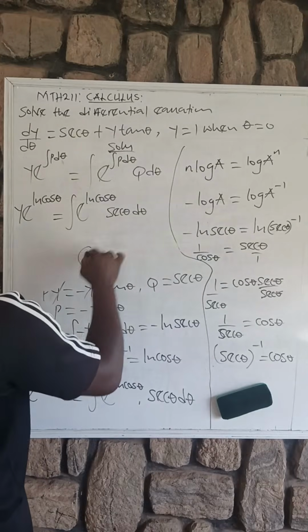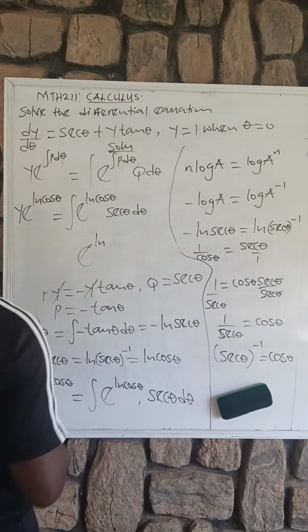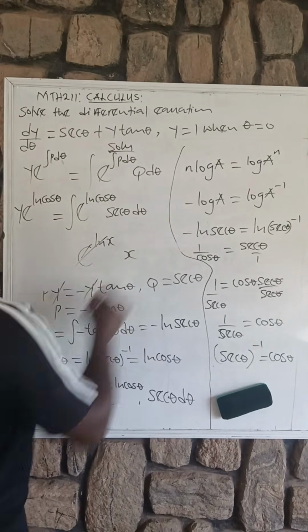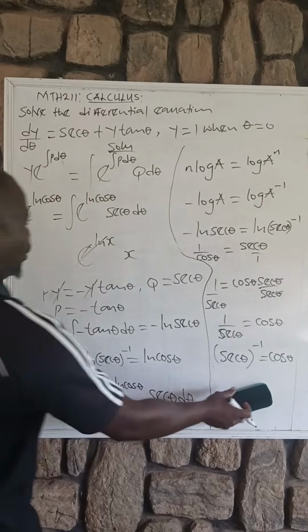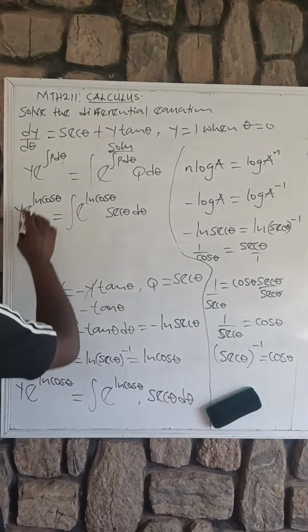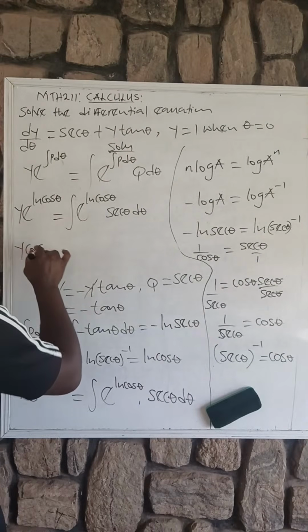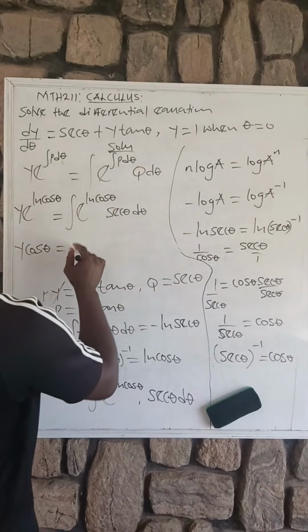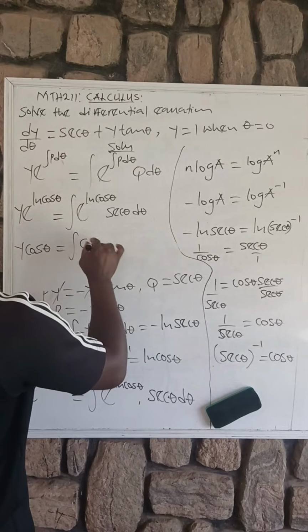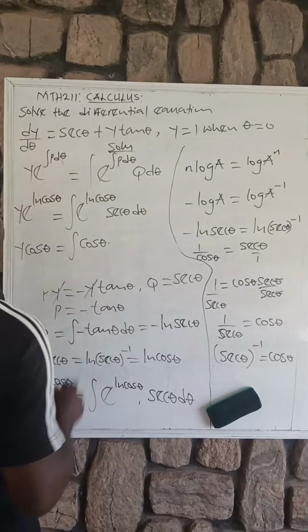So when you have exponential ln x, this will cancel, so you are going to have x. Take note. So here will now be y cos theta equals the same thing, integral of cos theta times, let's come back here,